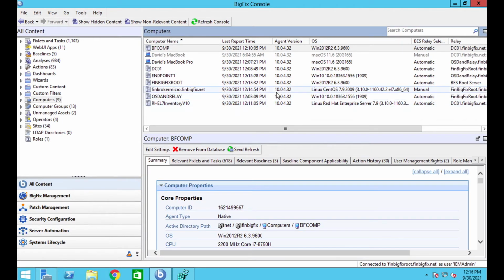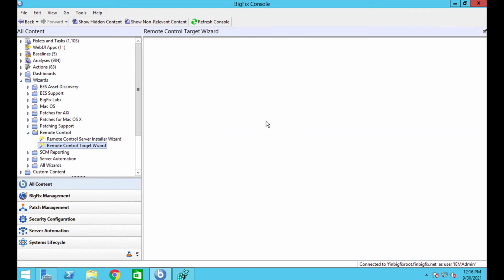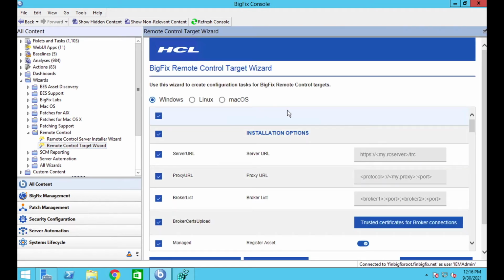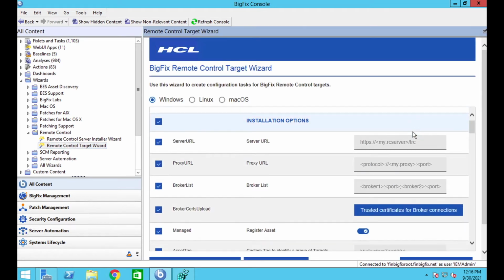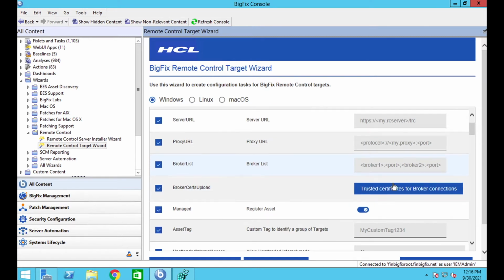Okay, just a quick stop here over at the BigFix console. I just wanted to remind everybody where to go to do the configuration for the remote control target to enable that feature. You'll see here from my BigFix console, I'm doing the actual remote control target wizard. To get everything you need there, you would need to get your server URL, get the broker list populated with the appropriate information to connect to the broker,